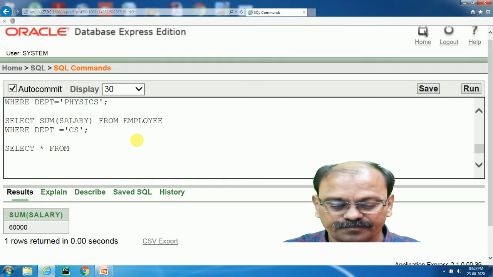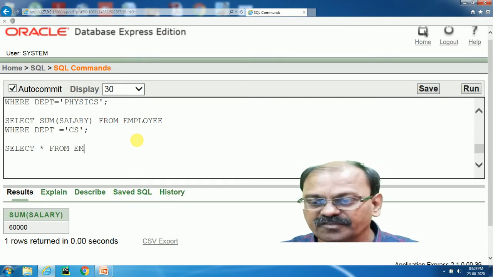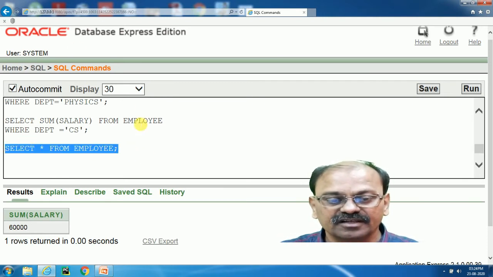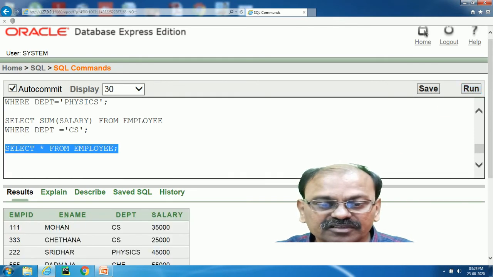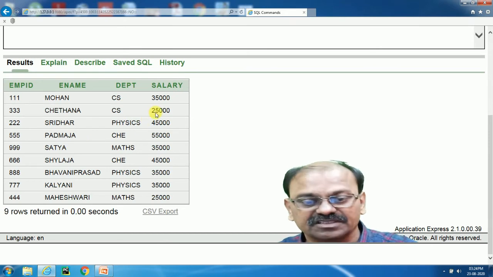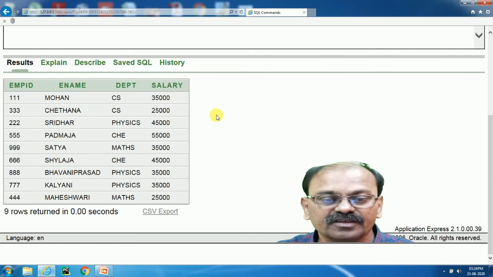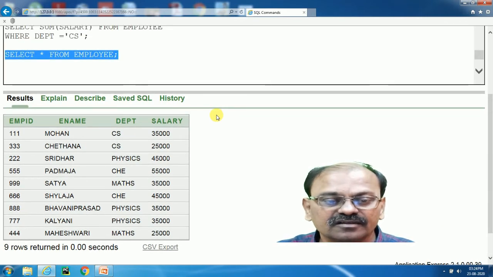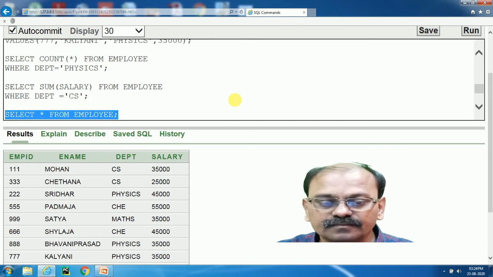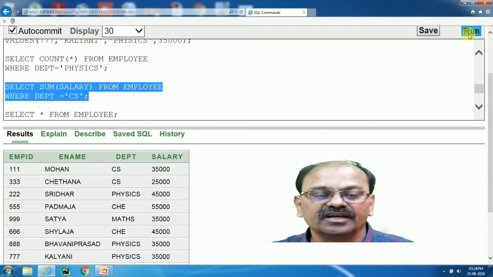When I run this, it shows the salary from the employee table. Now we can see 25,000 plus 60,000 will be shown on the screen. You might have seen the result now. When I say the sum for the department, you can see the 60,000. This is the way we can use sum with a condition.